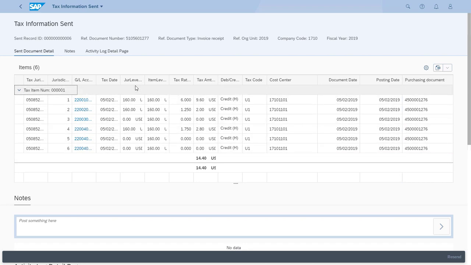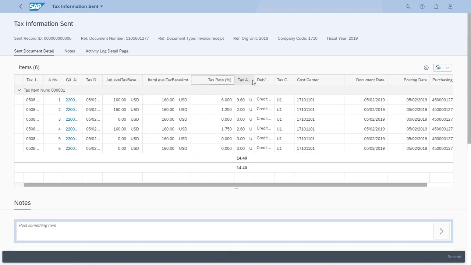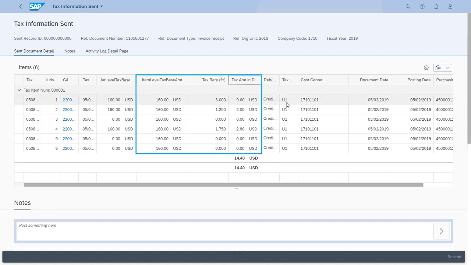I'll adjust the columns so that I can see what I want to look at a little bit more easily. And here we go. I can see that the tax calculations all add up according to the base amount and the rate for each item, so this looks good to me. So this is one option available to me to extend the information that my app gives me,